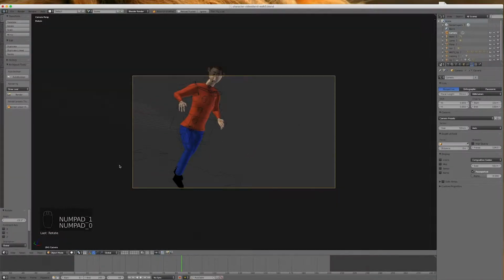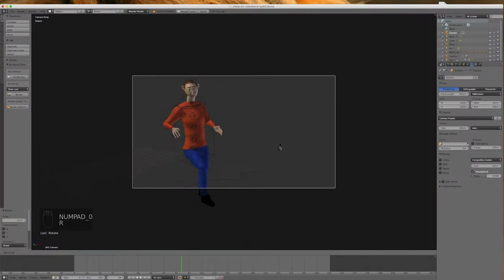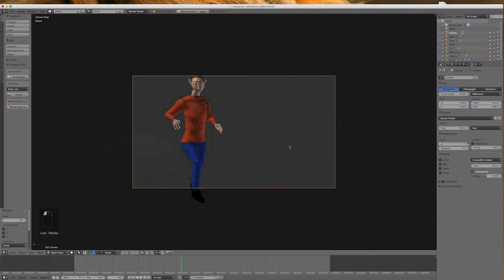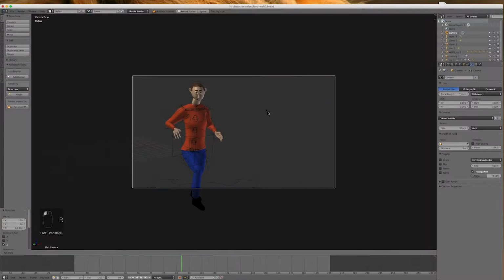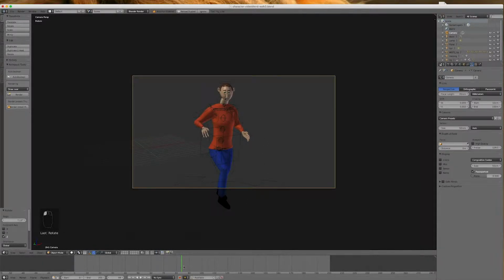Let's go 0 and see what the camera's seeing. Yes, I've got to rotate it level. And let's move it up a bit. So I'm going to control the camera now from inside it. So I'm going to go GZ to move it up a little bit, and RZ to center it on him. Now this is at this particular position in the timeline. Now I do want to animate this camera, so I'm going to switch on the auto key for the camera,